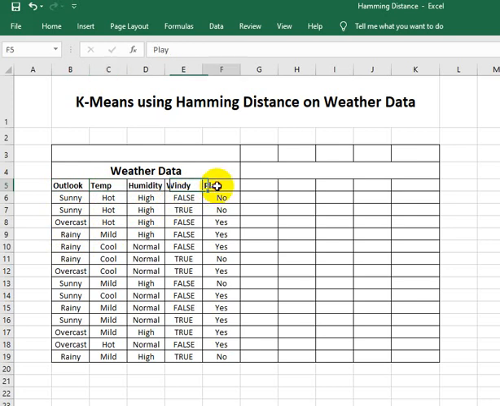and at the last we have the label of the data, or we can say class of the data, in which we say whether to play or not in the given weather conditions. So in k-means using the Hamming distance we see that if we have any instance, like if we have